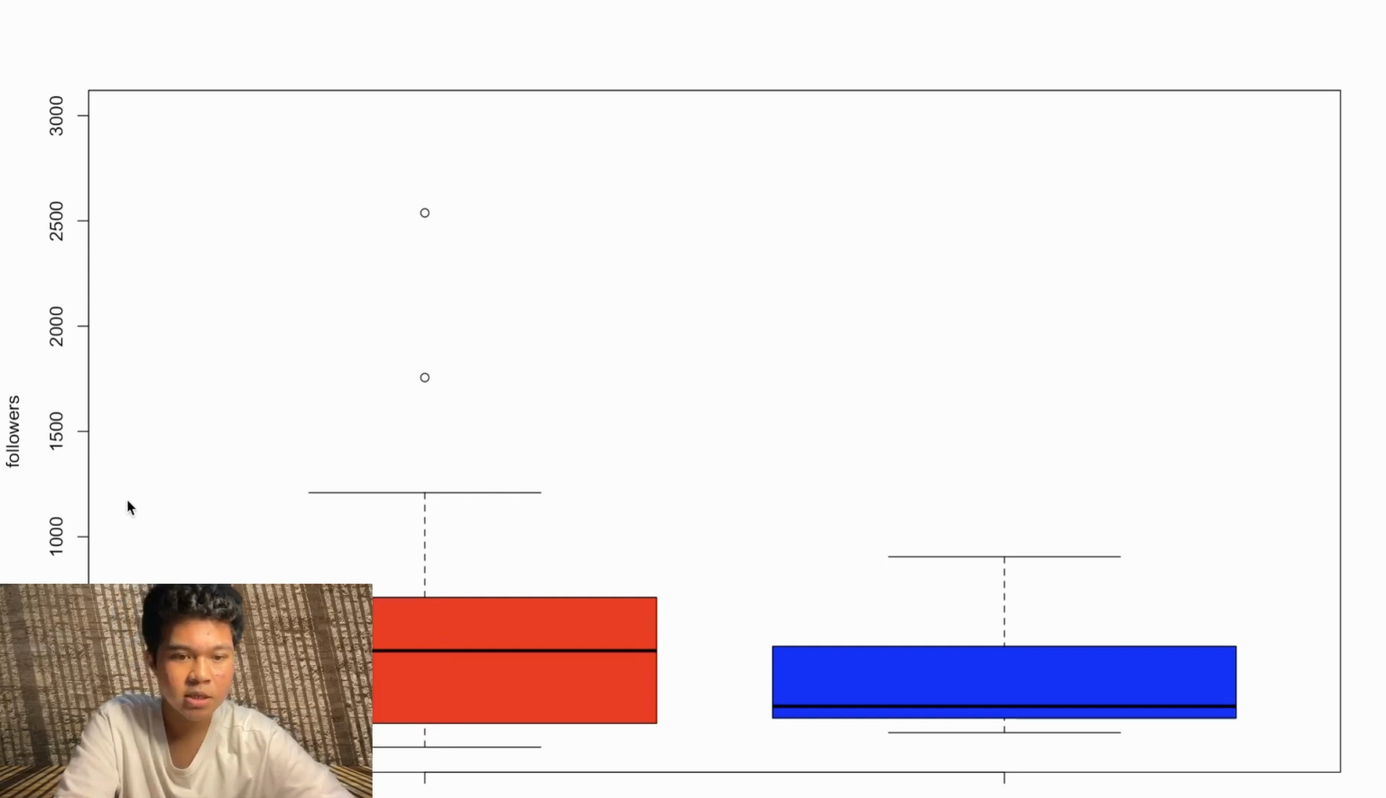Okay, and the max for female is maybe around 1200. Oh, there are outliers here, two outliers, at around 2500 and also at 1800. Okay, we're done with female, and for the male, the minimum is also close to 0, and